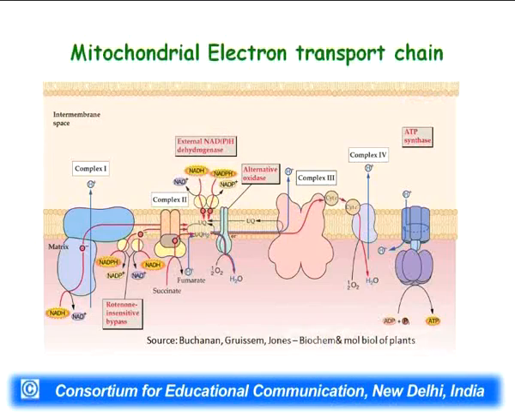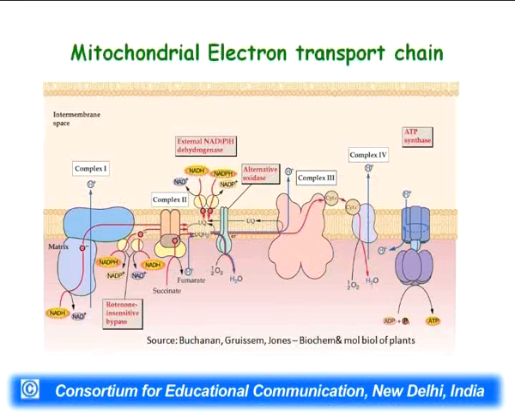Let me tell you what is the difference between the bacterial and plant cytochrome c oxidase. Actually, I did not tell you about that. There is an enzyme called cytochrome oxidase. This cytochrome oxidase can bind with cytochrome and oxidize it, and in the process oxygen is reduced to water, and that is how oxygen is used by the electron transport chain. Now, the plant mitochondria has a very low affinity for oxygen. I have a chart over here that you can have a look at.